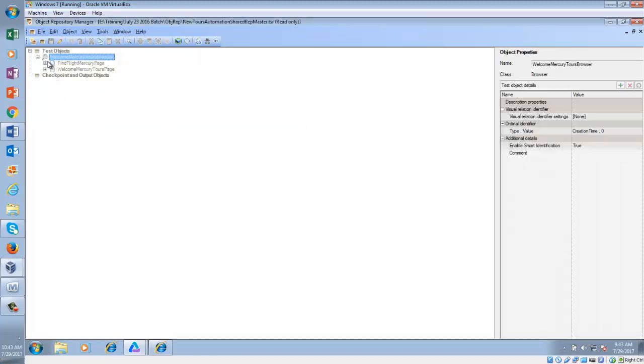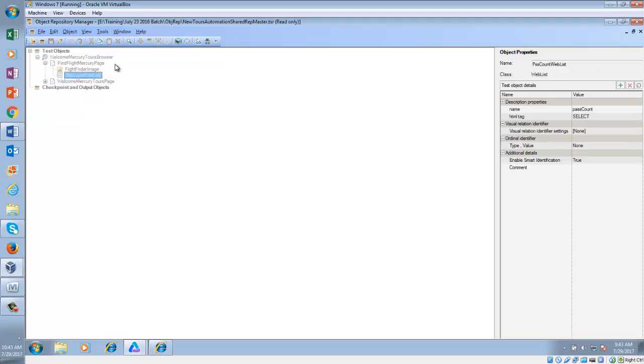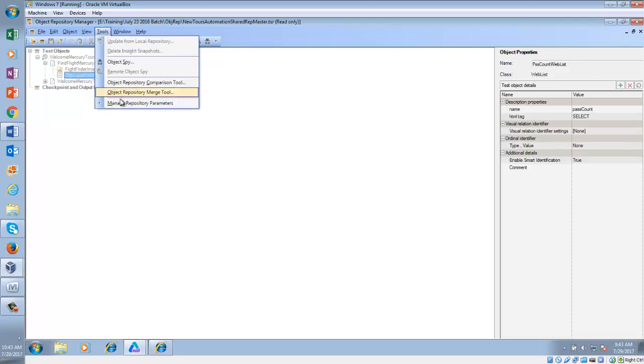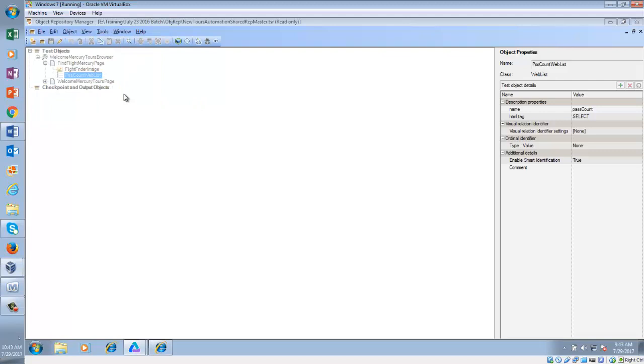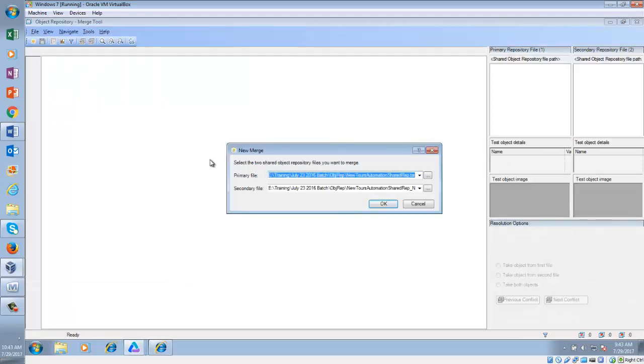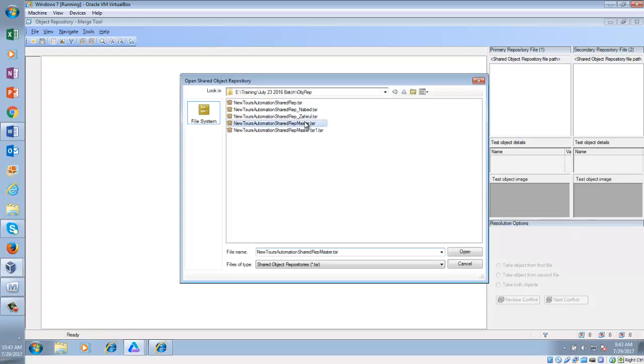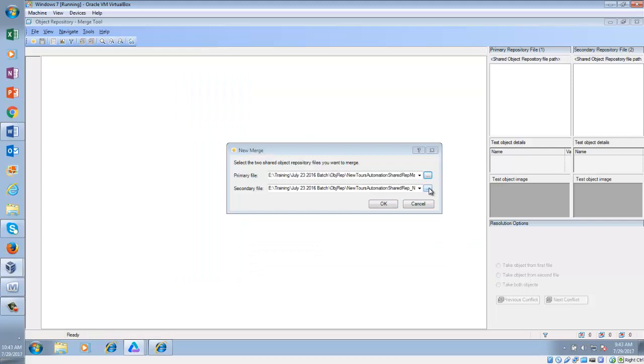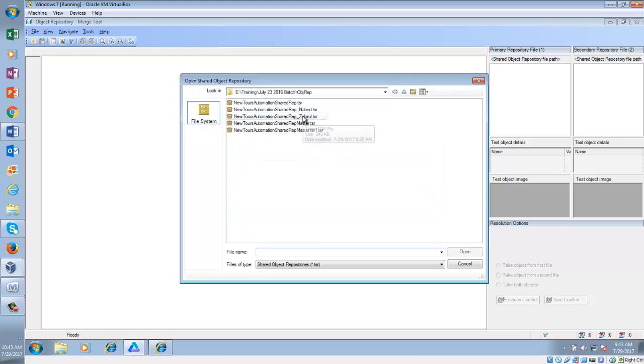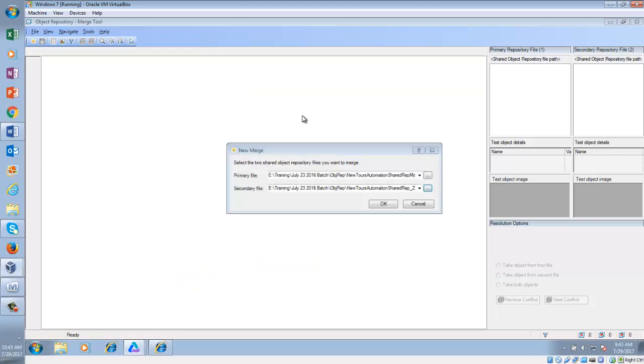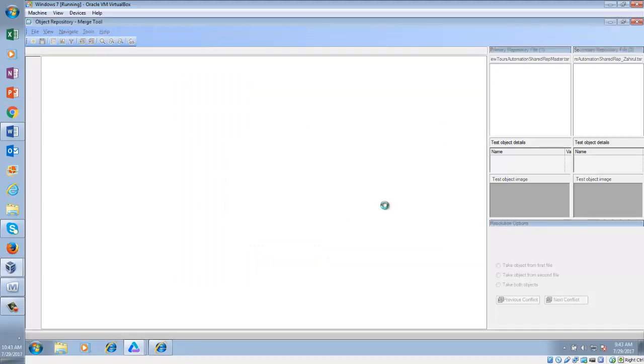Now in this object repository we have passenger count but not the radio group. So I am going to the object repository merge tool and I am going to associate this master and this other repository, Zahirul's, and merge these two.